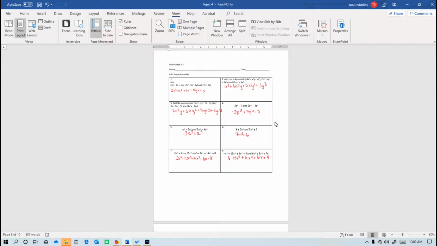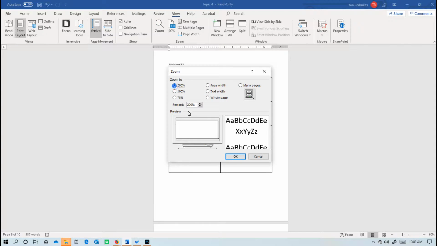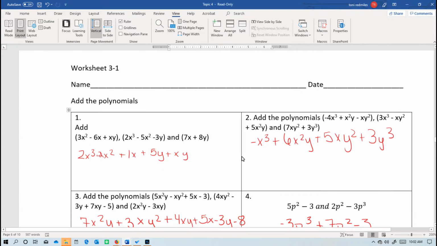All right, so I'm going to assume that if you're in my class, you've paused and graded your worksheet, and I'm going to zoom in and start talking about how I got these answers. Okay, so remember that when we add or subtract polynomials, it's like combining like terms, okay? So we just do it like we're combining like terms. Now with subtraction, that's the next worksheet. There are a couple of extra things we have to keep in mind,